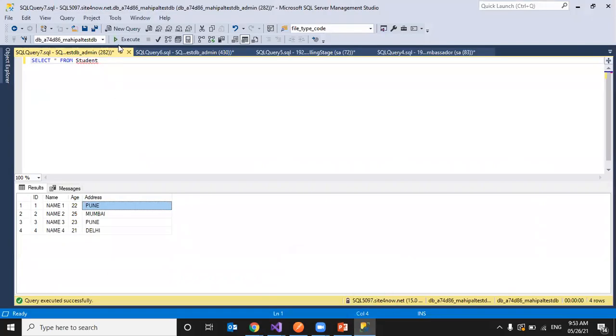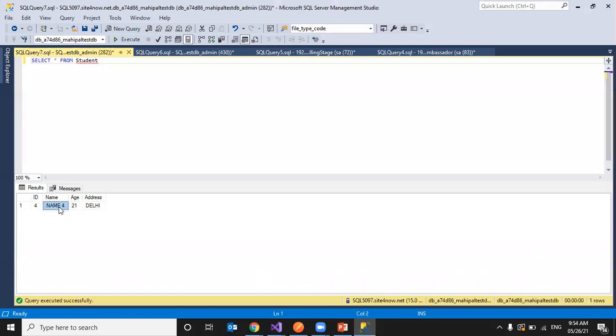So we will see that on the UI. There are 2 records deleted. Let's check on the table. So there is only 1 record now. Okay, this is about deletion and selection of records using the connection and command objects.